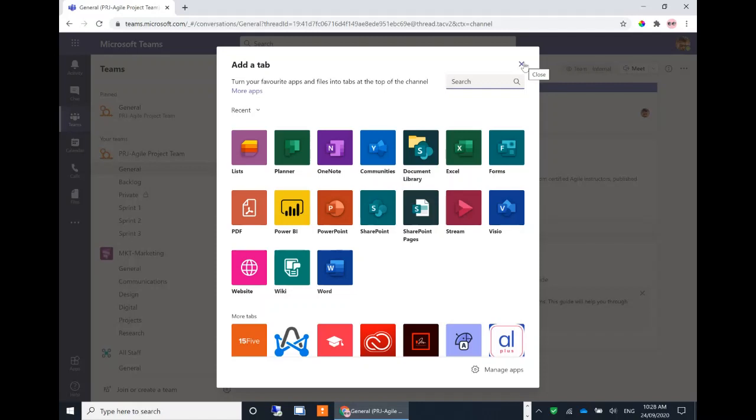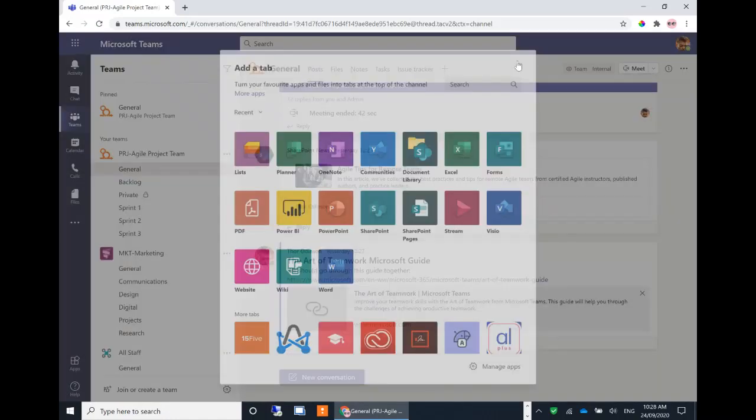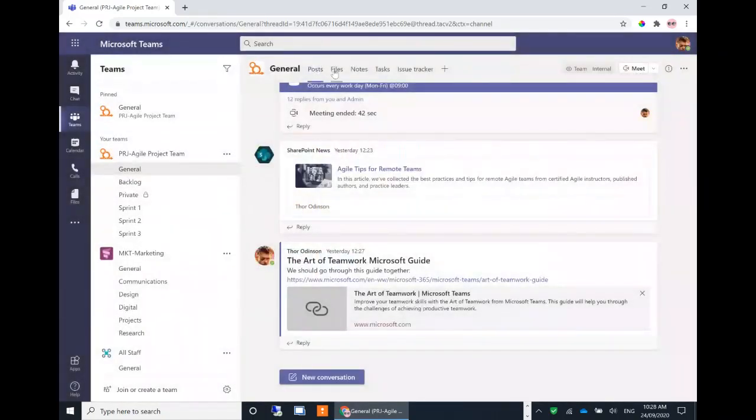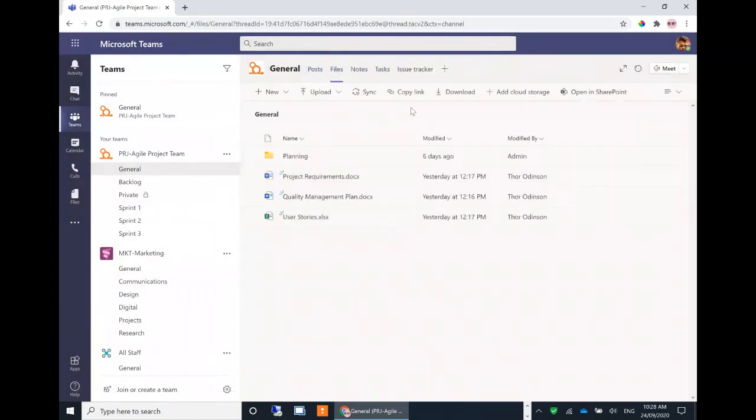So our third webinar on the 8th of October will go into more details about these other application integrations you can have within Teams. I'm really just going to focus on the standard integration you get with SharePoint today. So this Files tab here, I can see all the files that are related to this topic here, and you'll notice there's an Open in SharePoint button. So if I click on that,